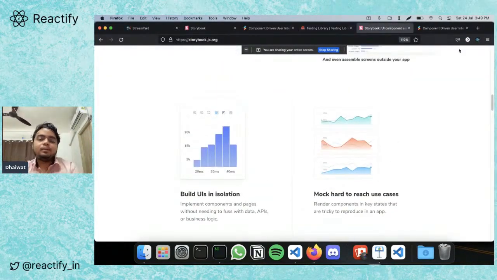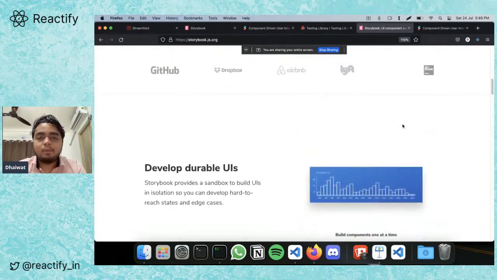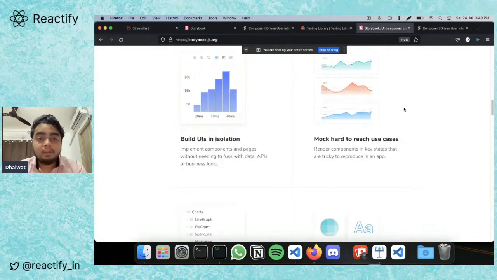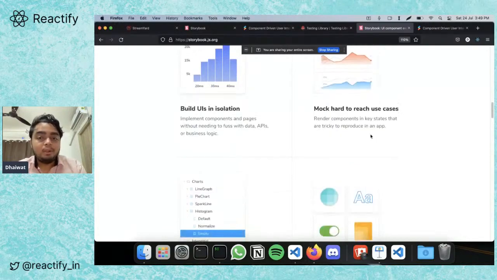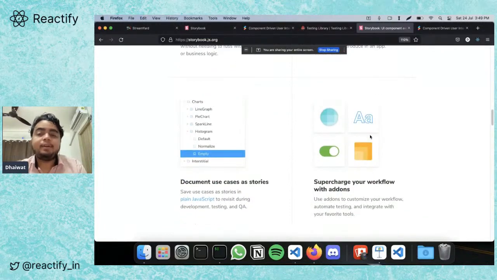Now let's talk about Storybook. Storybook allows you to build your UIs in isolation. It allows you to assess your components individually, and even allows you to have different states for them. Like you can see here, there is a histogram component, and then there are three different states: default, normalize, and empty.